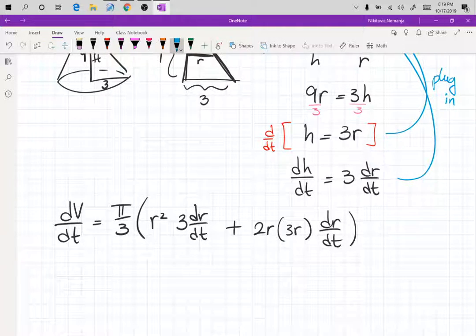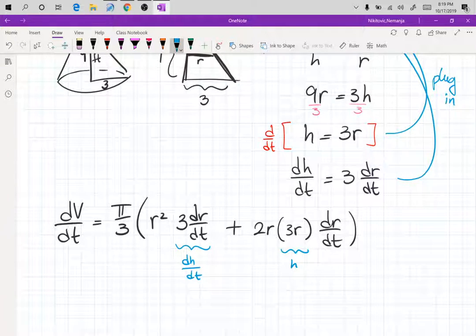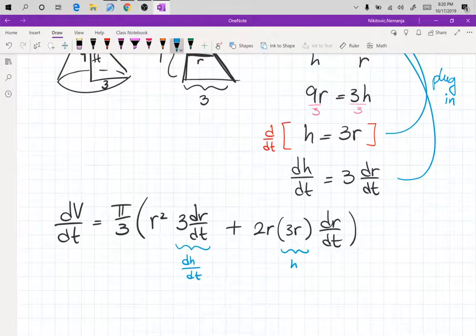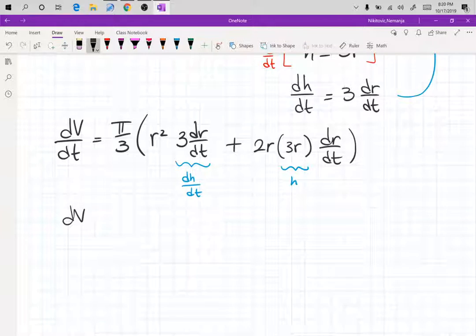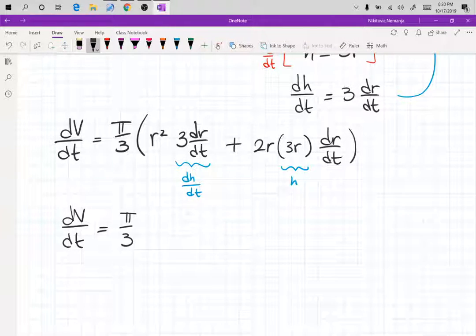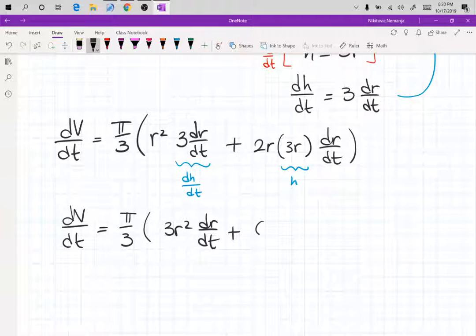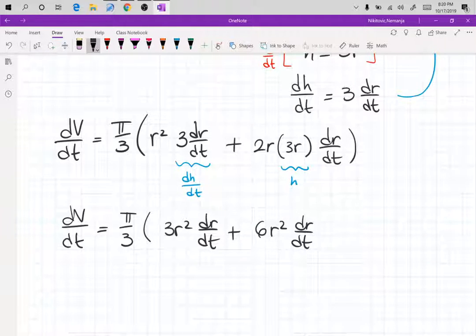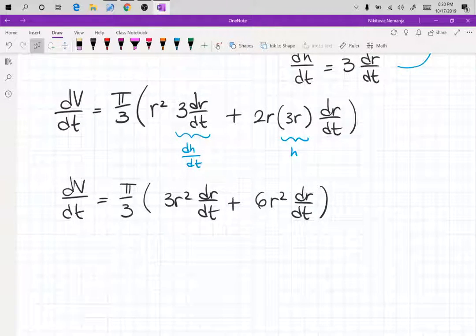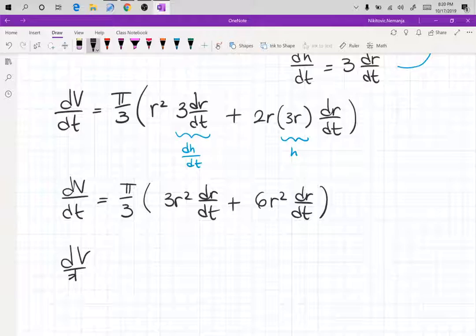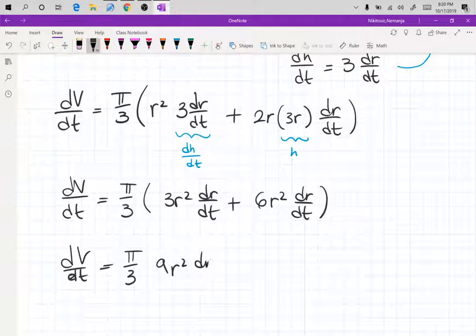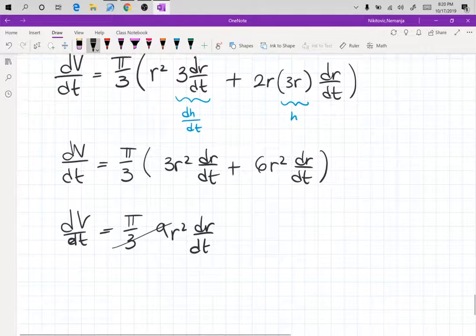So over here, this is your dh/dt, which we swapped, and this is your h. So we swapped them out for r's because we had those equations. So now dV/dt is equal to pi over 3, and I have 3r squared dr/dt plus 6r squared dr/dt, and you see how they add as like terms. So that creates 9r squared, which cancels with the 3. So dV/dt becomes pi over 3 times 9r squared dr/dt, and then 9 cancels 3, for the total of